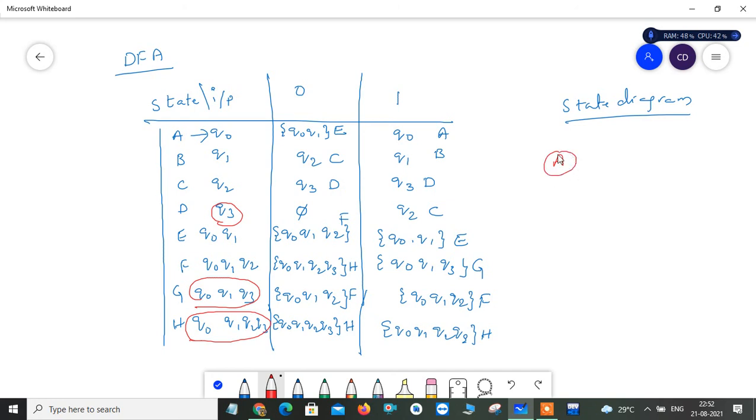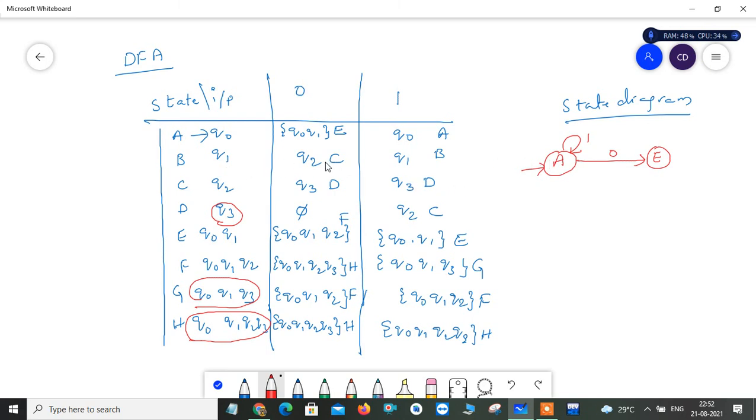For that I will take all my states. A is my initial state; here Q0 is renamed as A. From that A I can move to E, so for ease of identification I'll take it like this. Now my input is 0, where can I move? I can move to E. If my input is 1, then I can move only to itself. Then from Q1, that is nothing but B.